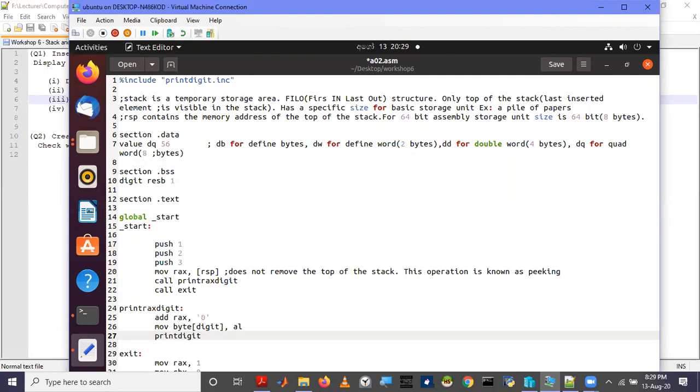In that macro, it is going to print whatever is pointed to by this digit, which is of 1 byte size. So we convert into an ASCII value, copy that into this variable, then the variable's memory address is passed into this macro. We'll see whether this works or not.